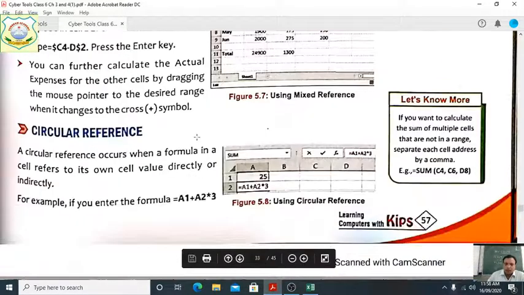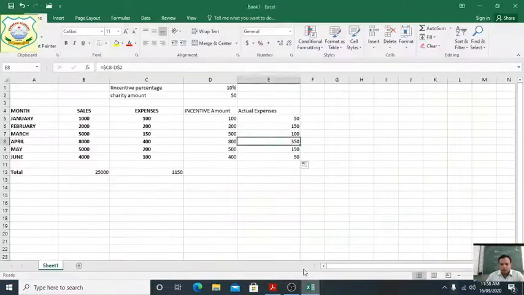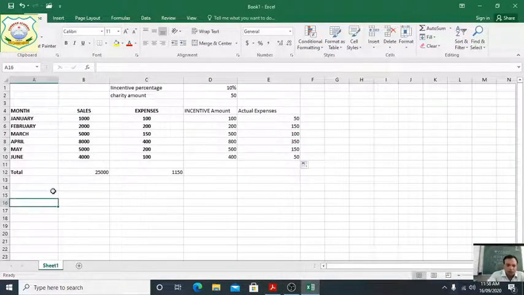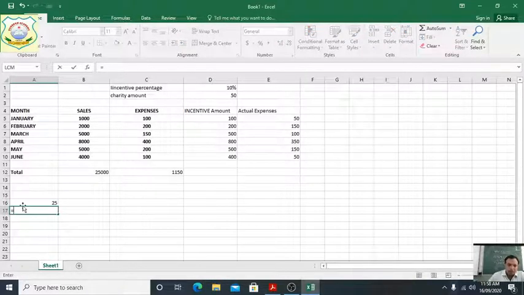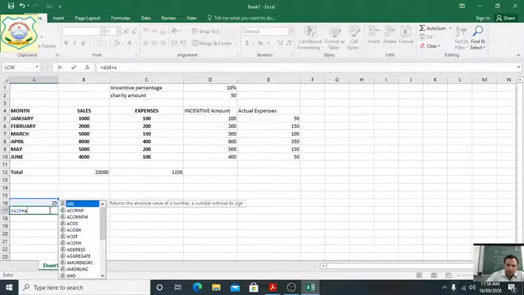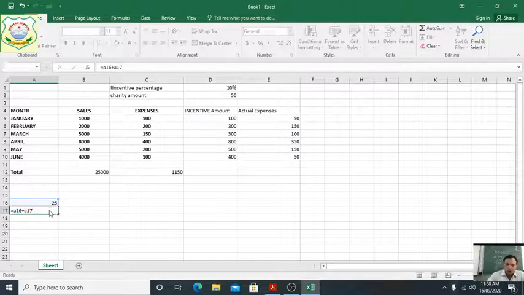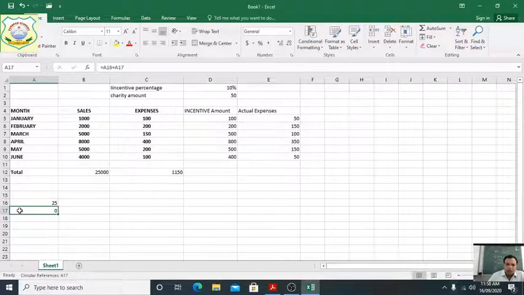Next is circular reference, students. What happens in circular reference? Suppose we have written 25. Okay, students, equal sign. This is the cell address A16. Plus, now the self address also we will add, A17. Now what happens, students? What's showing? 0. Because at the self address where we are adding, here the value cannot